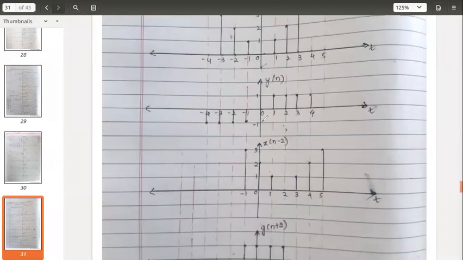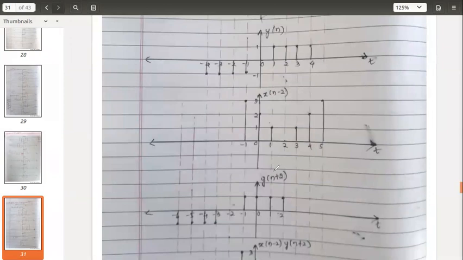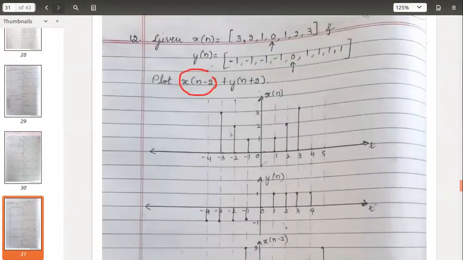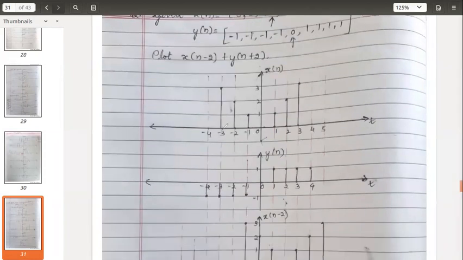So is it necessary now again to explain y of n plus 2? Shall I shift that and show you? No, ma'am. Okay. That's what the question is. You need to shift the signal by 2 amounts. That's why you take each sample. You start with this extreme leftmost. Take this amplitude which is 3.